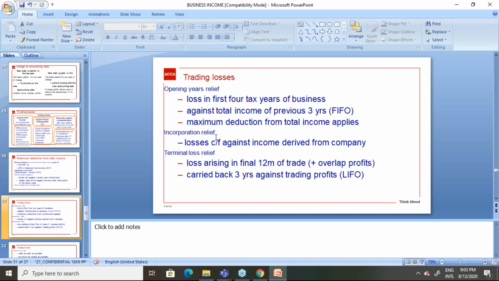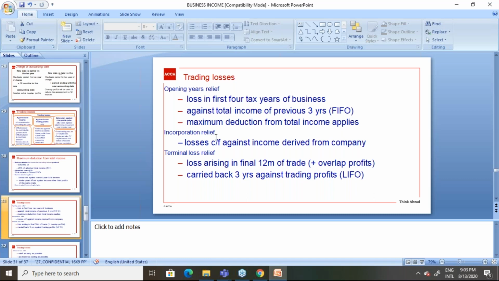If you have ceased trading, if you have stopped doing business, is there any loss to carry forward to set off against future available trading profits? No, because you have stopped doing business. So you can't expect to have trading profits if you have stopped doing the business. Therefore, if you have ceased trading and if you have any unrelieved loss at the time of cessation, it will